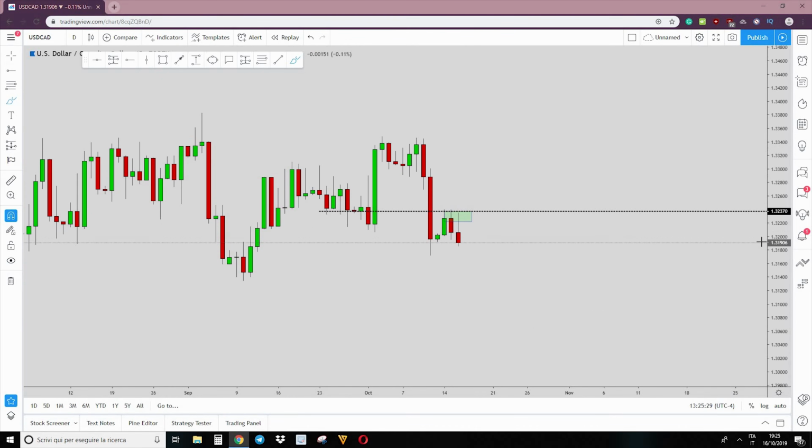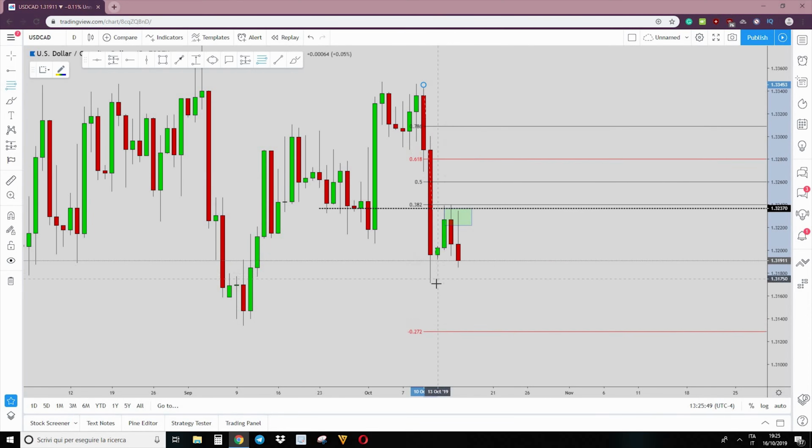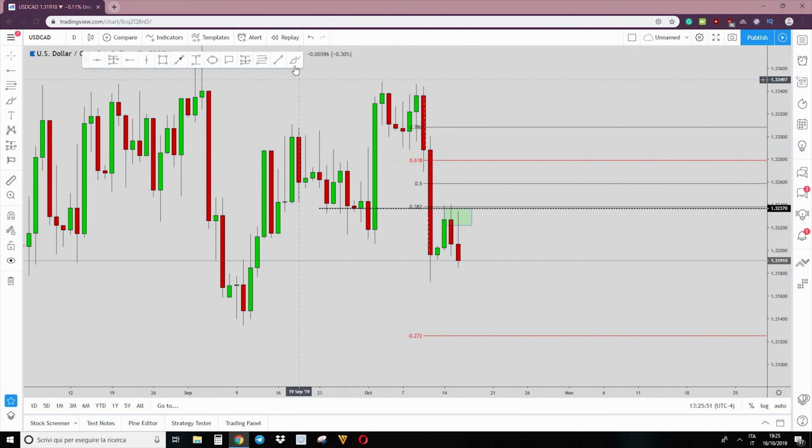On the daily time frame, what you will see is that pretty simply the market created this M formation, and as you know, after an M formation you expect a retracement at least to the 382. So basically after this impulse to the downside you expected a correction, and the correction came. So what you're supposed to do is take your Fibonacci from the high to the low, and the first thing